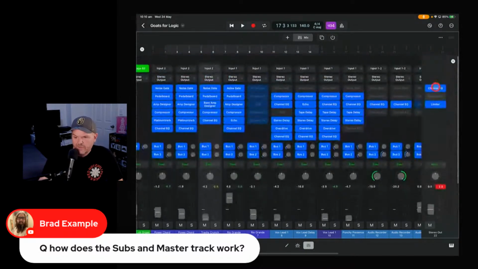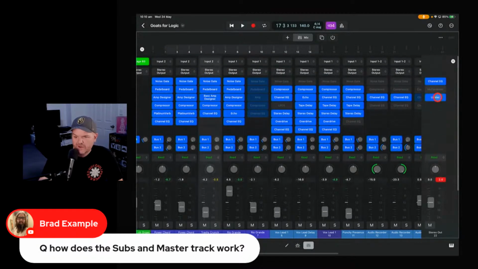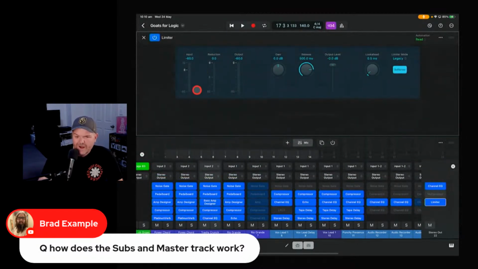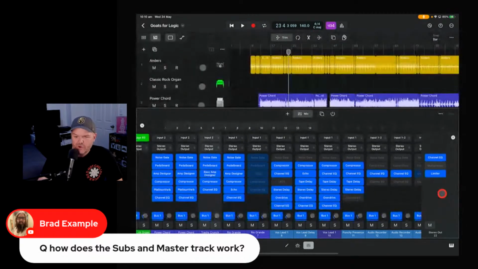The other cool thing we can do here, Brad, is add plugins directly to this one. So you can see it's got a limiter on here. We can actually set a limiter. So if we're playing along, I find it. We can actually add the limiter in line to our master track. So if you want to do like a quick master, but you don't want to spend a lot of time, you can literally throw the limiter here, and then you can turn it on and off and see the difference between the two with the limiter on and the limiter off. So that's like the 2-second answer or the 2-minute answer.